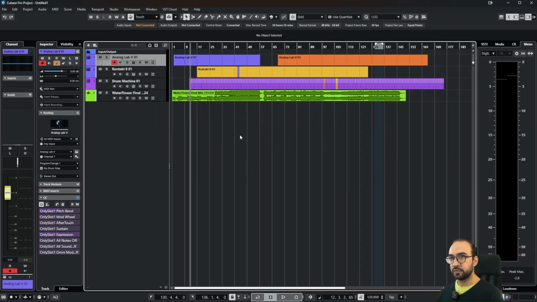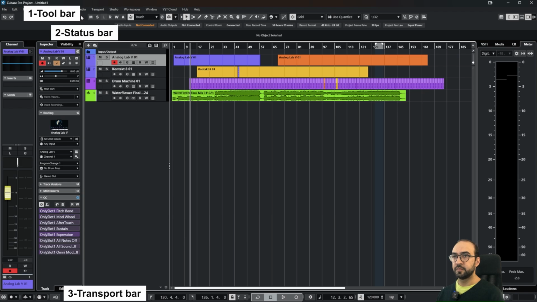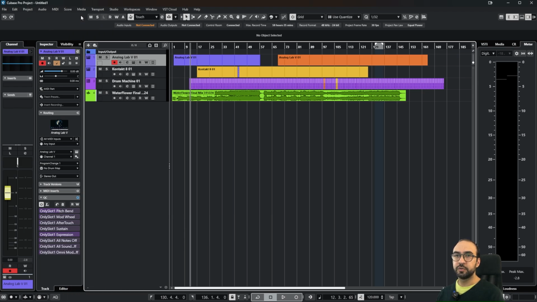Let's go. All right, so I'm going to start with the toolbar, which is up here. And so you have basically three of these bars, two up here and one down here. Okay, let's start with the upper toolbar here, and you have these buttons here, and these first two are quite